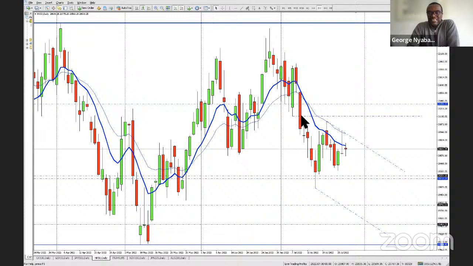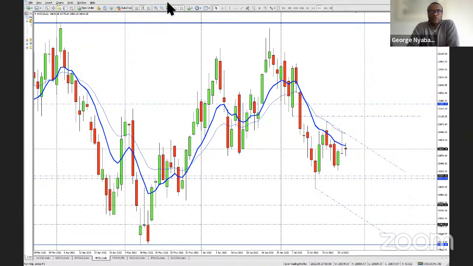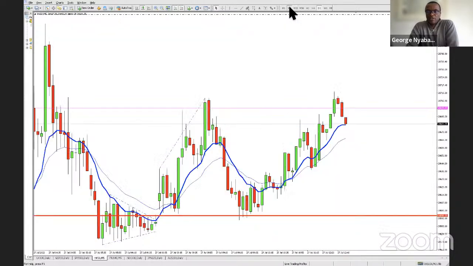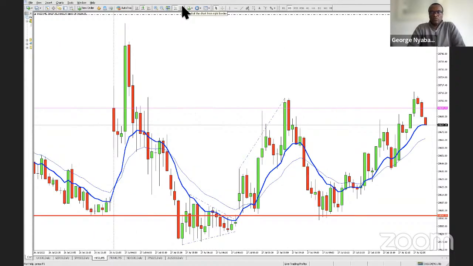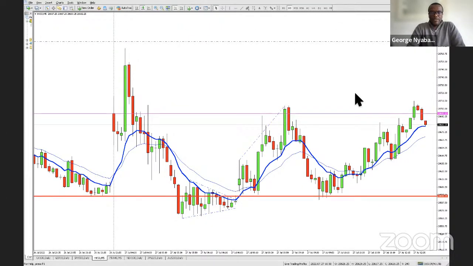This pullback tested the breakout points, confirming that the bears were strong. So if you had been in here and you'd seen that even on the 5-minute time frame, you'd have tried to trade a reversal trade and hopefully get down. If you didn't get it, then there were opportunities to sell. So if we drill down to our 5-minute chart, this is good for the bears.